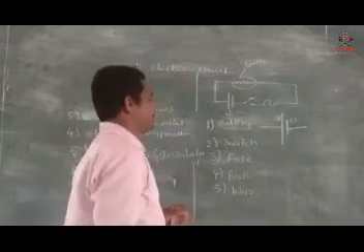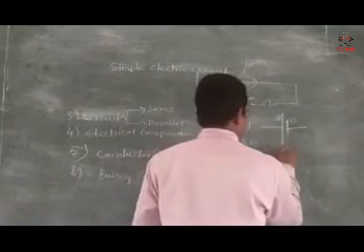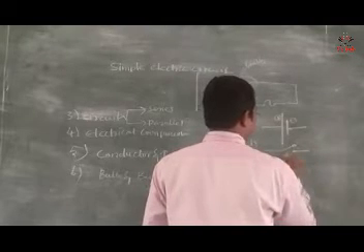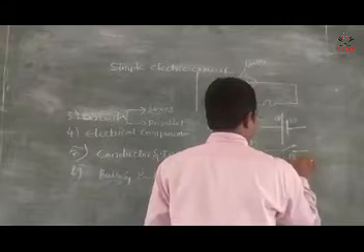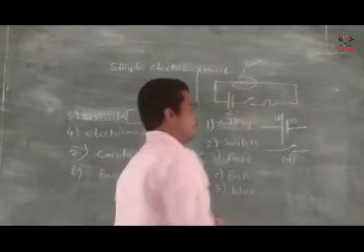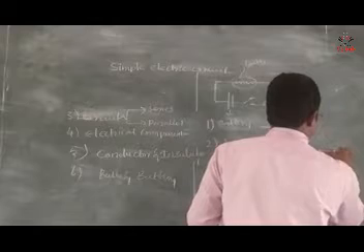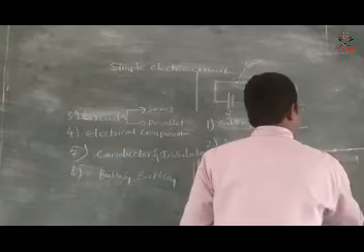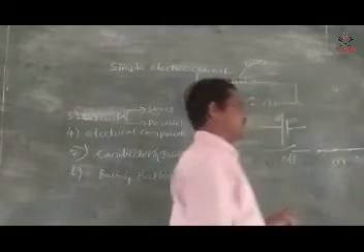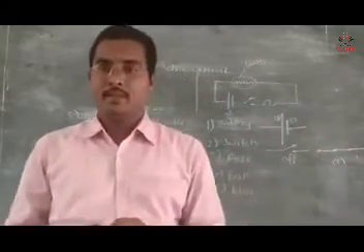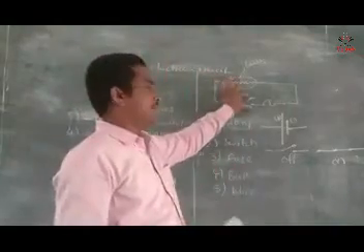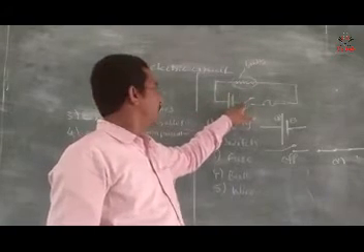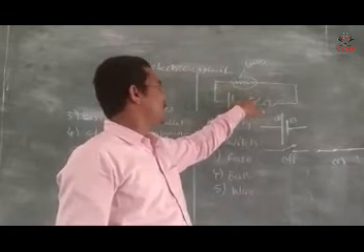And next one, switch. So switch, now this position is open. On position, off position. So now this is closed. When the switch is in on position, we switch on. If the switch is on, the circuit is closed. Now this circuit is open or closed? Open. The switch is off.